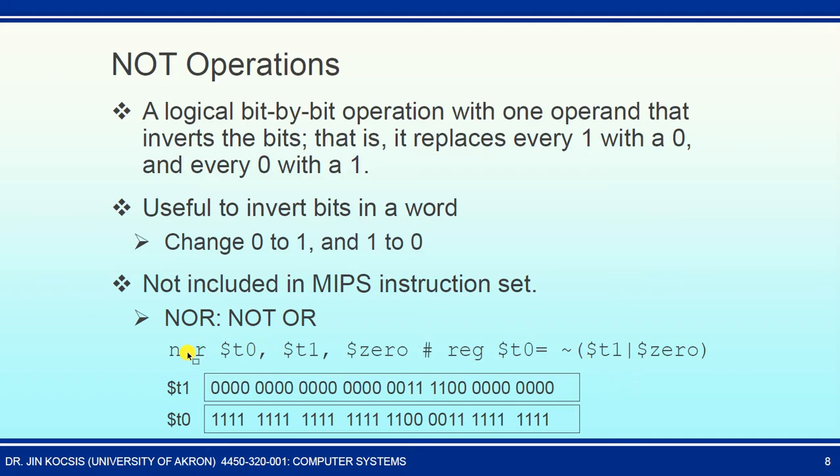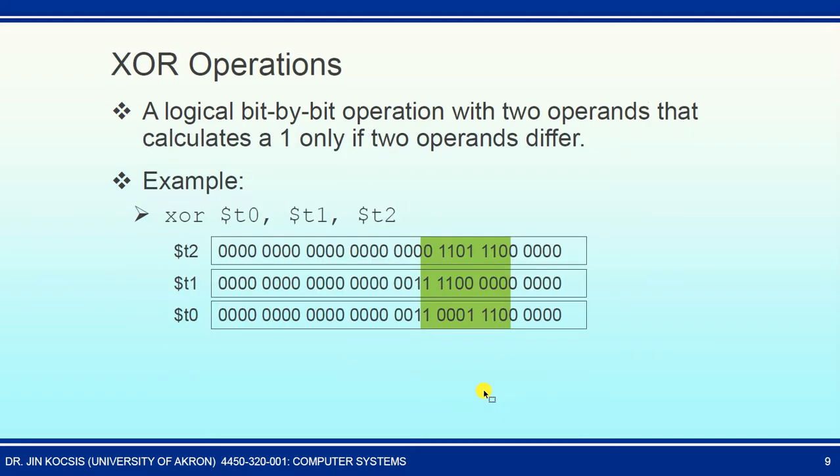Okay, so let's show here, right? If you want to implement the not on T1 and use that to update T0, it is equivalent to do NOR T0, T1, and 0. And here is one example to show exactly what we try to do. Okay, so I hope this is clear to you. Now we have another additional